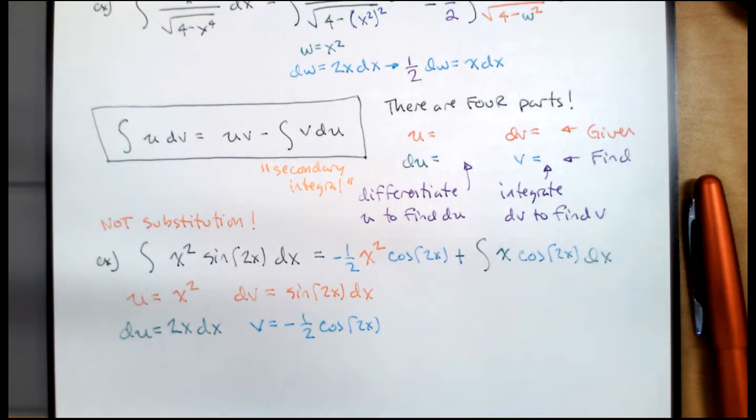Any questions? So step 0, it's not substitution. Step 1, assign u and dv. Step 2, differentiate to find du, integrate to find v. Step 3, put stuff together in the parts formula. Clean things up whenever you can. Step 4,